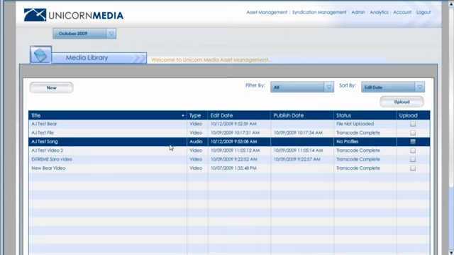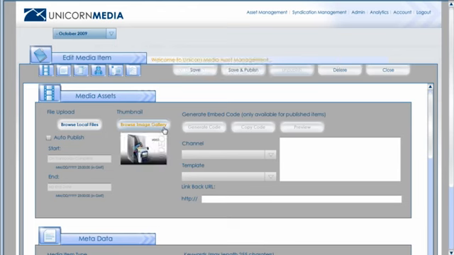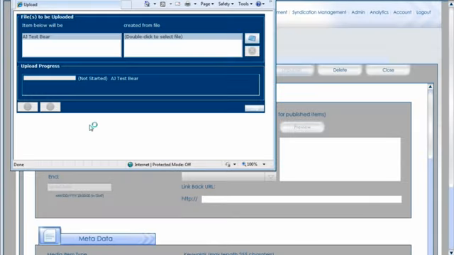Here in the catalog view, we can see the audio and video assets that I've created, and my next step is going to be to upload a master file and associate metadata with this asset. Here I'm launching the Unicorn Media Upload utility. The Upload utility targets me to the closest location within the Unicorn Media network to give me the maximum possible